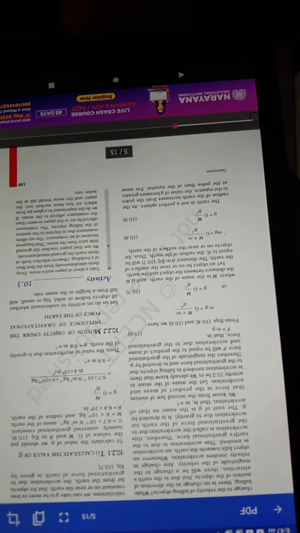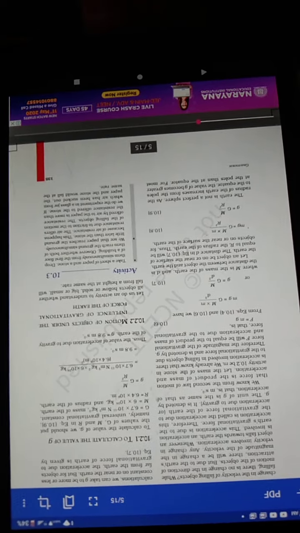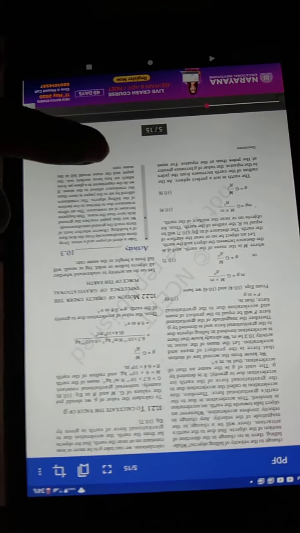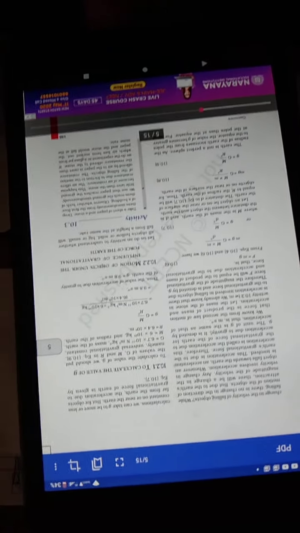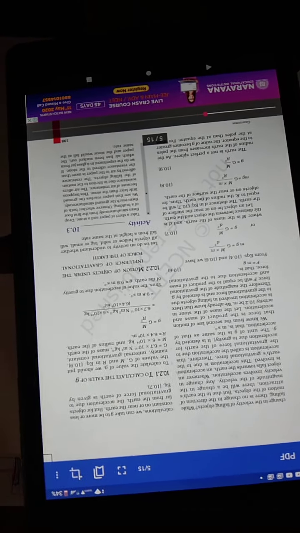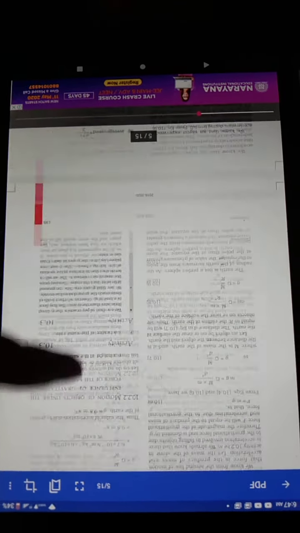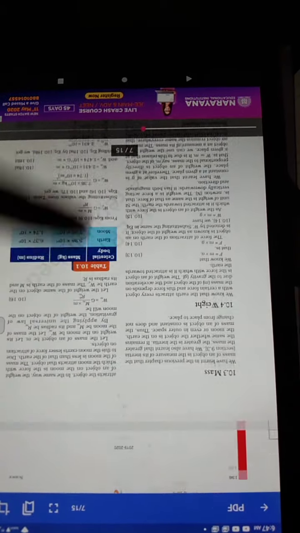Under free fall we have been studying many things, like the value of small g, which is necessary to find whenever an object is falling under free fall. These we already know, but in this lesson we are going to go into detail. We have to find the value of small g also. All this we will learn and we will solve examples. So let us begin with this chapter, gravitation.